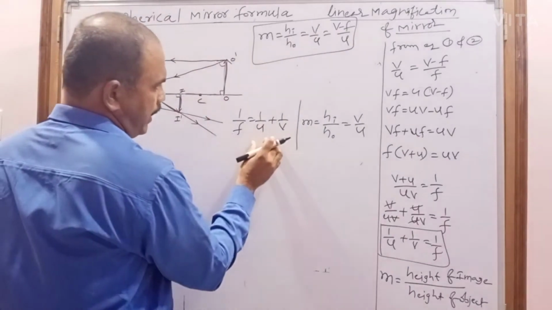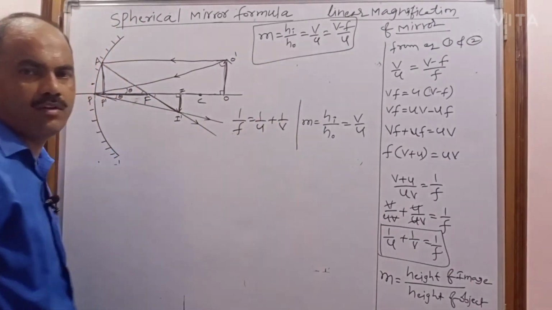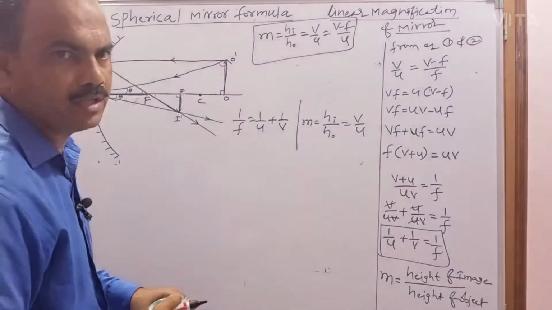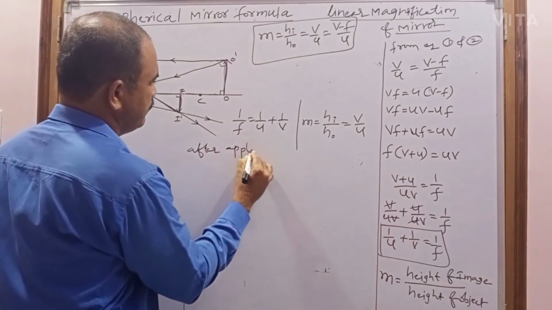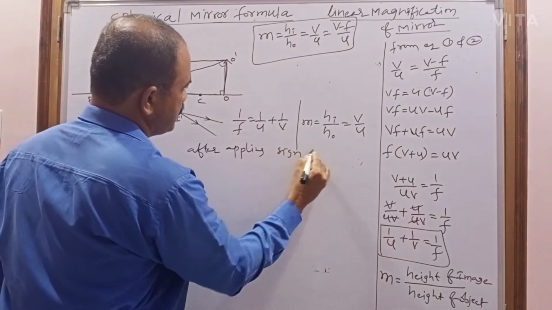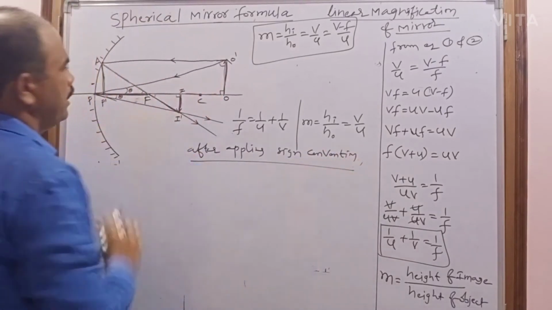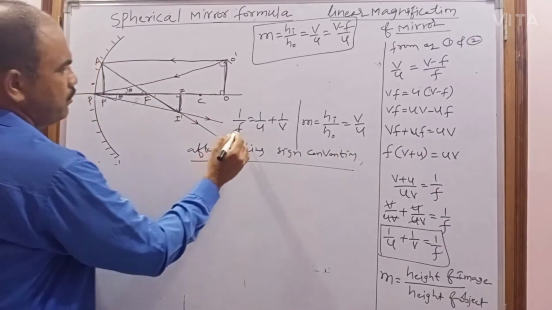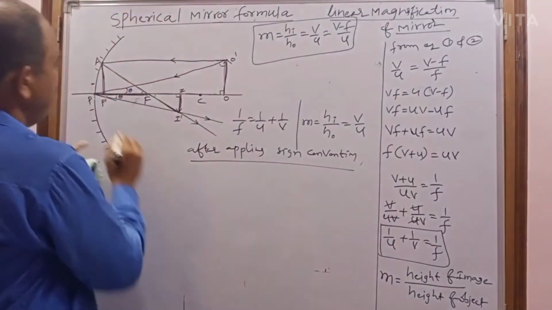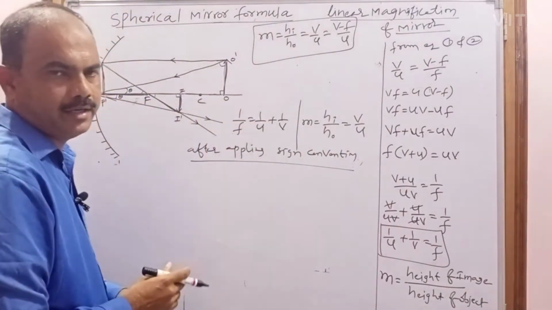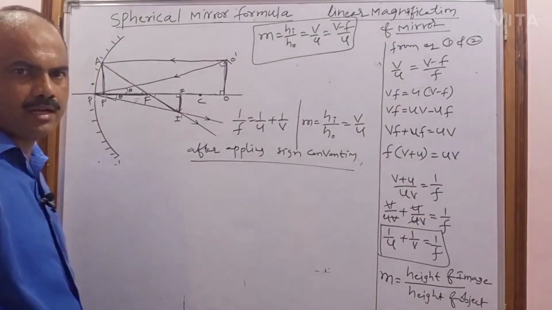Now when I apply these formulas for concave mirror or convex mirror, for both formulas you have to follow the sign convention. Now I am applying the sign convention here, in case of the concave mirror. Now come to the focal length. Generally, what is the sign convention? All distances are measured from the pole of the mirror. Distances measured in the direction of incident light are positive, and those opposite to the direction of incident light are negative.